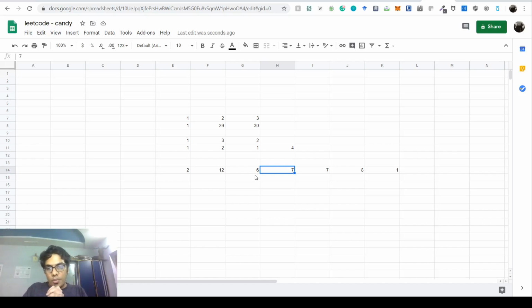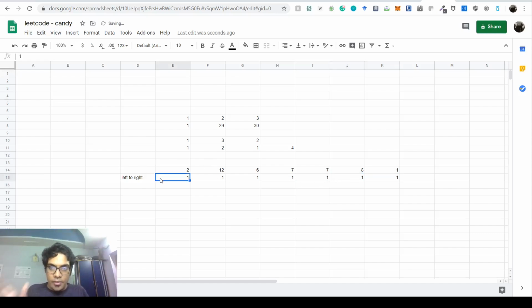So instead of optimizing for both at once, we'll start with just one side, iterating from left to right. At least the first condition is that all the kids have one candy, so we start with one for all the kids, right?